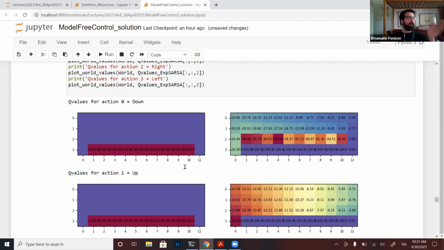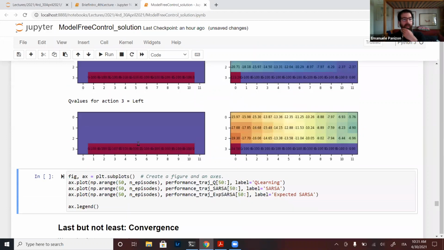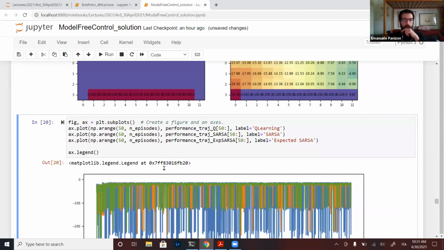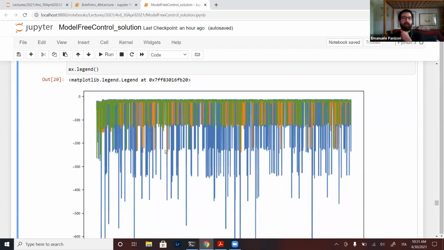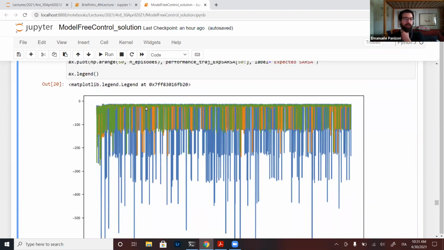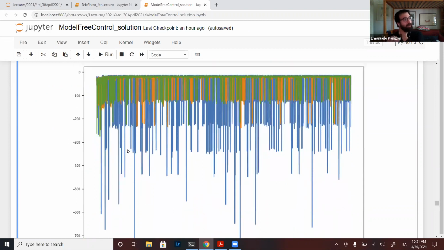Here you say, I know what the expected value of where I would go is, I use that. Again, however, you see the actual value is perhaps a bit better than the performance of SARSA, but it's basically the same. And you can also see that it does not reach the same height as Q-learning. So again, this has learned a suboptimal value. It has the same problem as SARSA in the sense that it's on-policy, in the sense that it's actually using for every update the policy it is following.